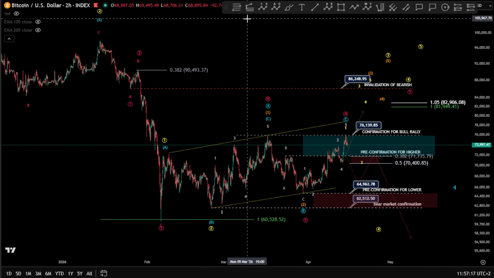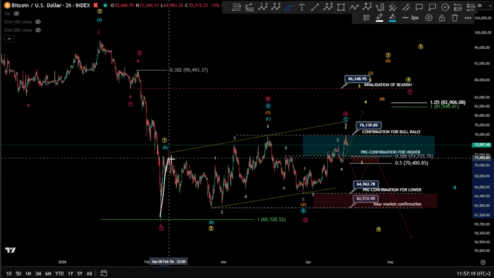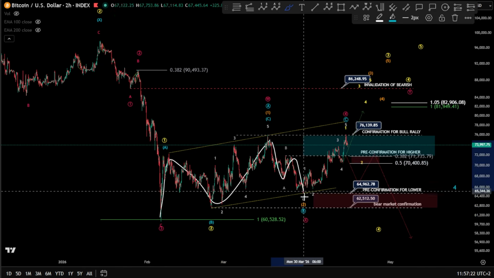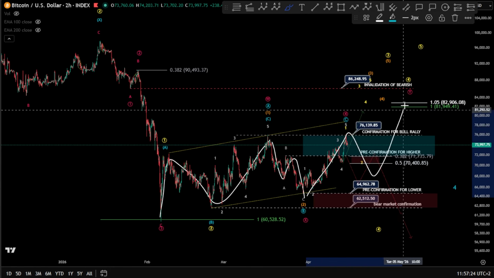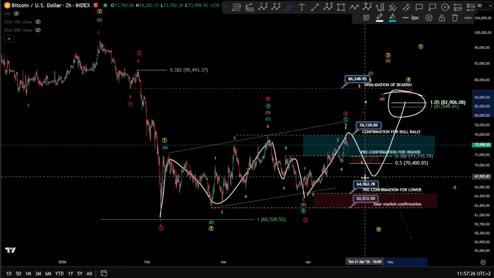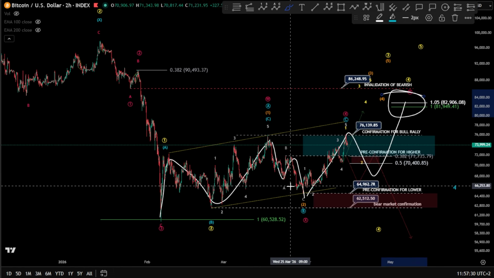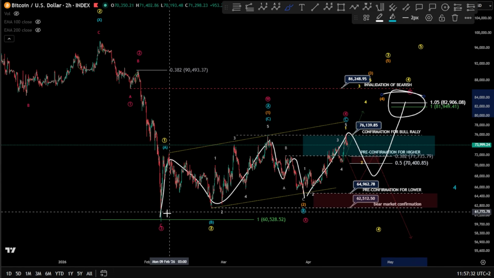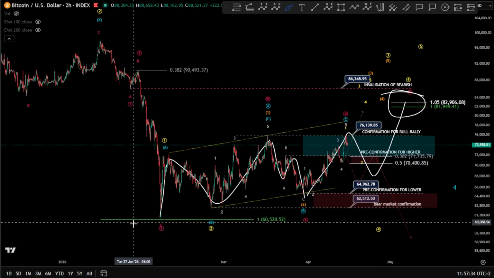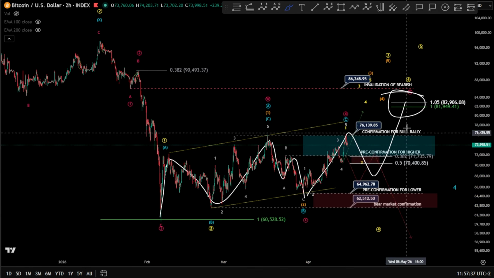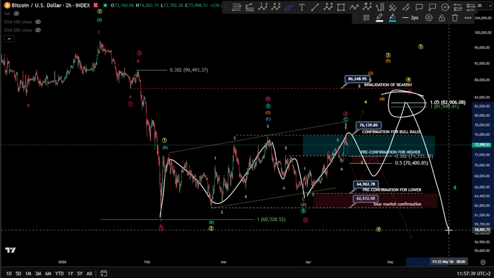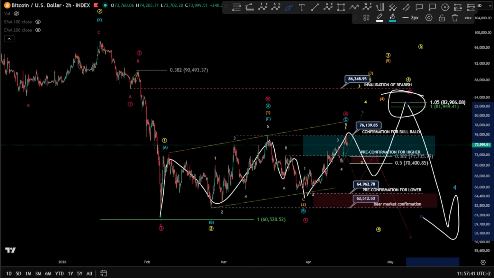Another probability is a W, X, and a Y, where we have a potential W and X, and you're looking for a zigzag as a wave Y, reaching again the same 1-to-1 fib level, same as a regular flat. So both patterns for the bearish, whether you are in A, B, and a C, or in a W, X, and a Y here, both have to reach the 1-to-1 fib level, and both might reach lower levels,